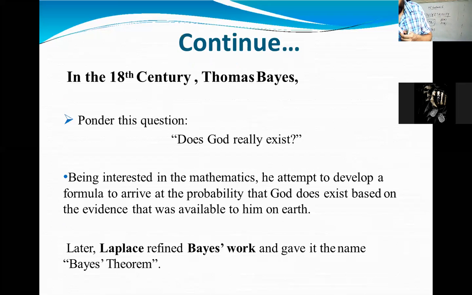So some simple examples are there. Ponder this question: does God really exist? There are different ways. Some mathematicians say yes, some say no, some say probability is there. So it is all about probability. It is also about what we call belief, what one believes when we talk about dharma, religion and God. So it depends upon one's belief. Therefore, I showed that topic, the Bayesian belief network. What do you believe? On your belief, the probability depends.